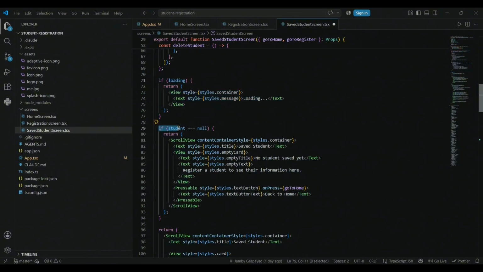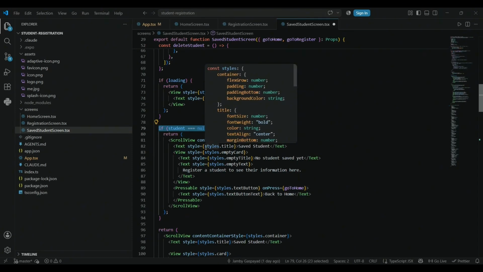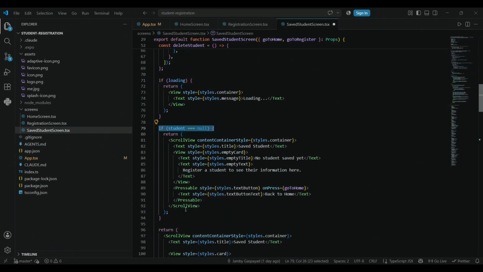Then, after loading is complete, the application checks if there is a saved student. So, if the student is null, it displays a message saying that no student is saved yet.